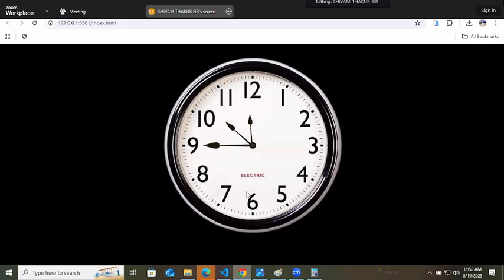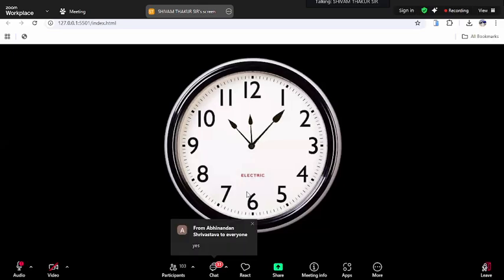That also you can do. Now notice when the second hand is reaching 12, there will be a little lag there. Notice that lag? A little lag is there. And you will notice one more change here.